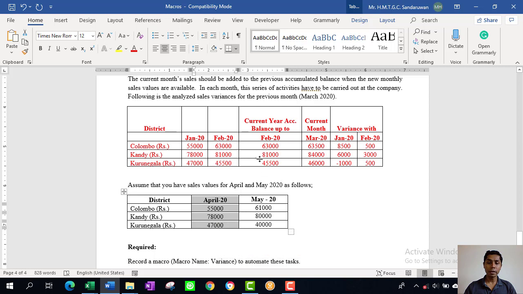So how to analyze that data using this format? So April month comes to the current month. Now once the new month comes,